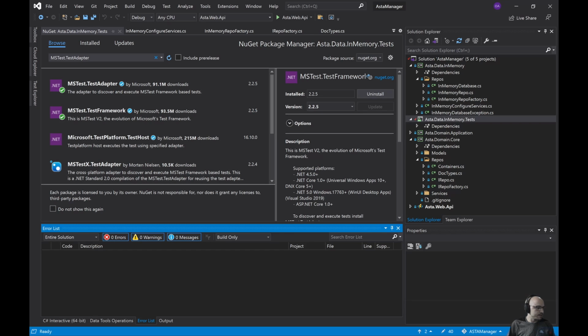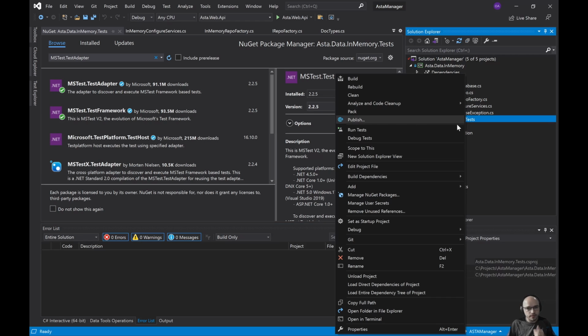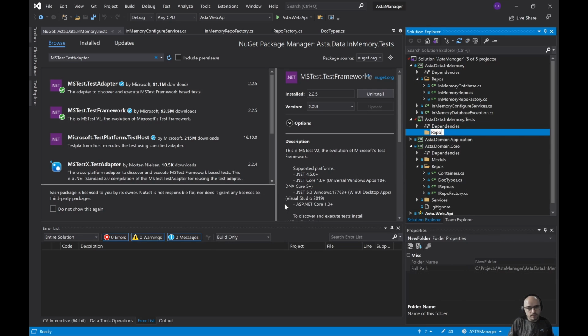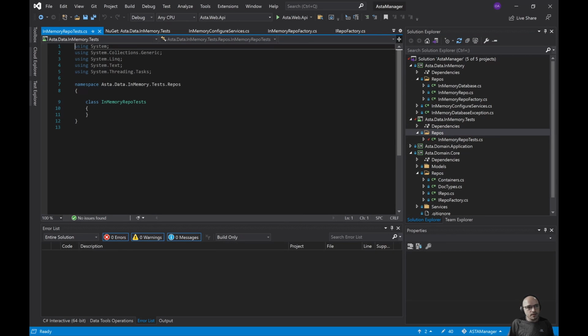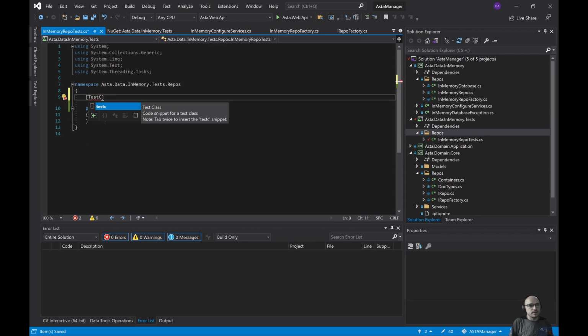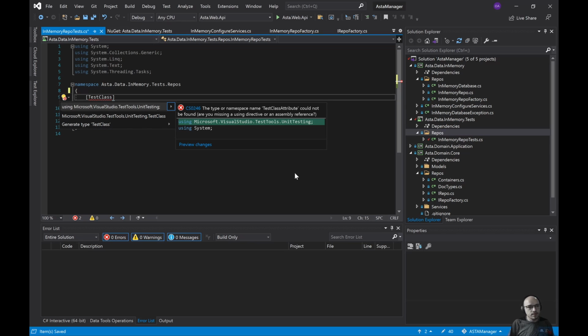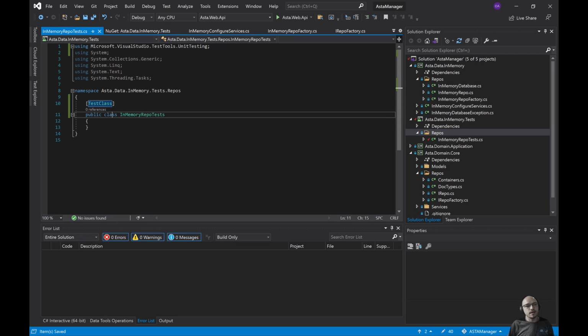Now that we have the dependencies that we need, we can create a repo folder. So it's repos, and let's add a class that is repo tests. This has to be a public class, and also has to have the test class attribute to identify that this class is an actual testing class. Okay,